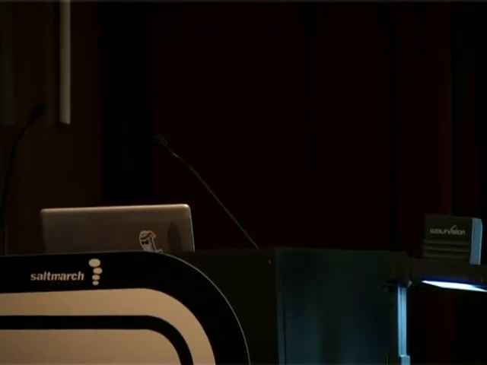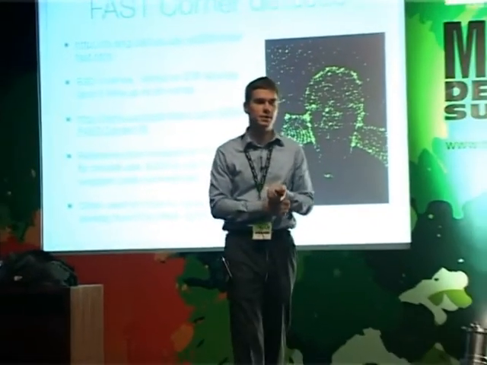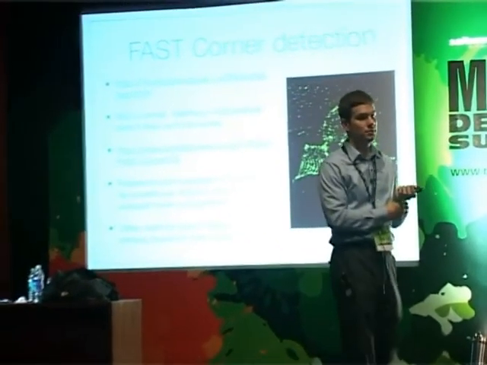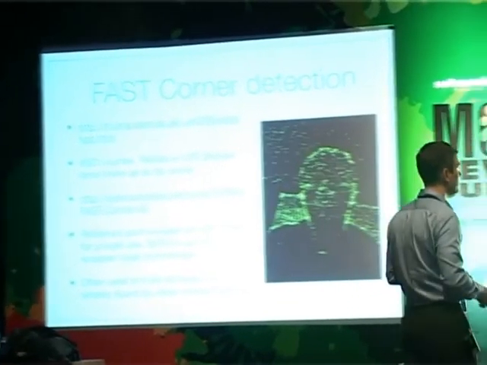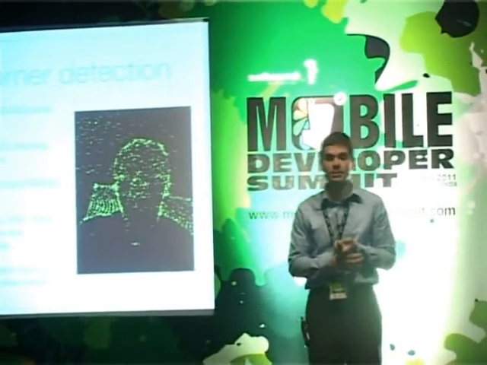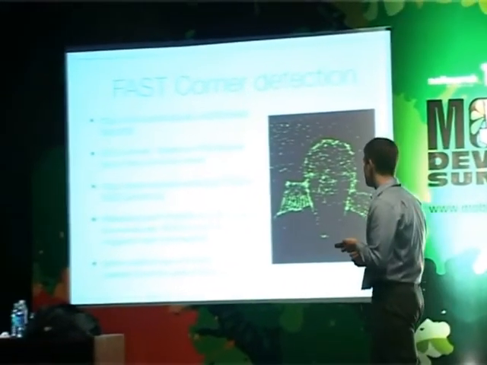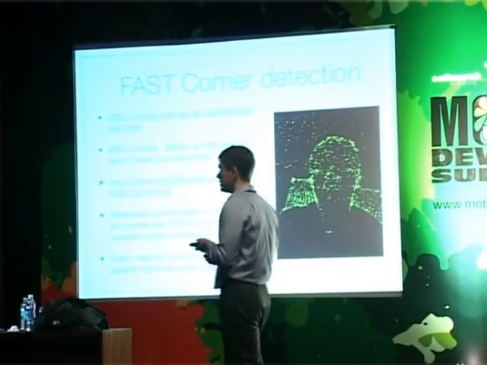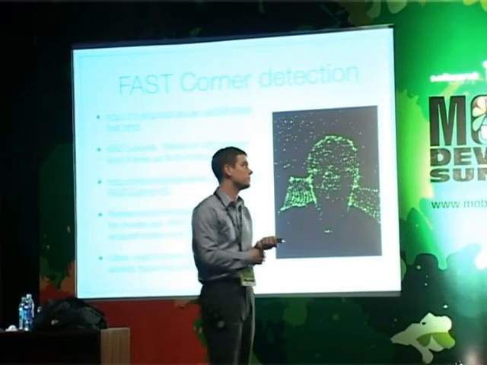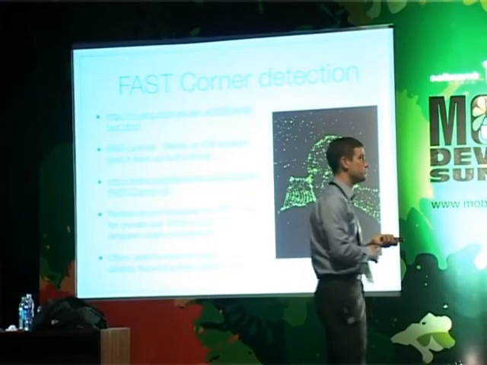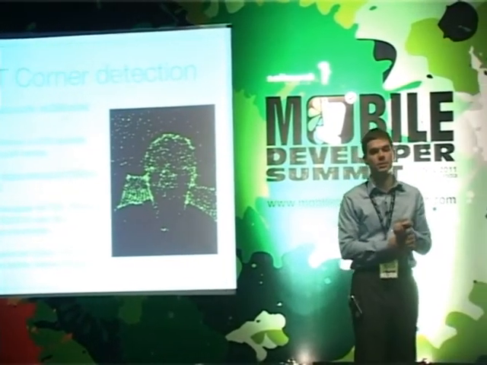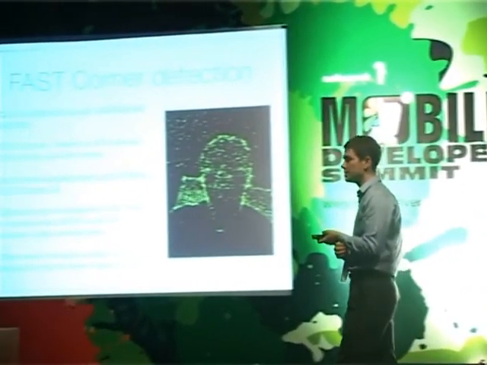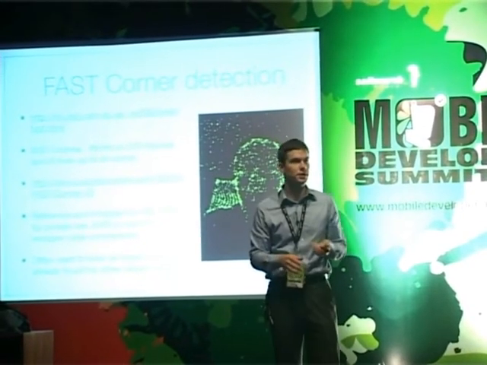So FAST is a feature detection algorithm that allows you to find the corners of things fast. If you go to the URL at the top there, you can find an implementation in C that's actually fast enough on iOS devices. And so one of the things that you could do is, if you have an image recognition algorithm that's slow, say it takes 3 or 4 seconds to find an image, you can then use these edge or corner detection algorithms to figure out which direction the overall image on the screen is moving and track